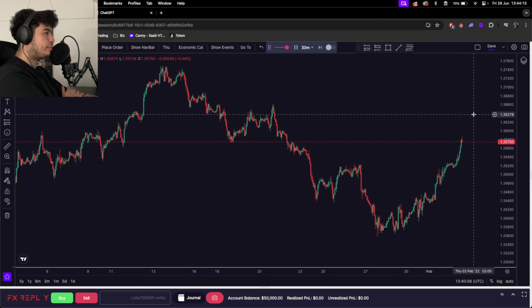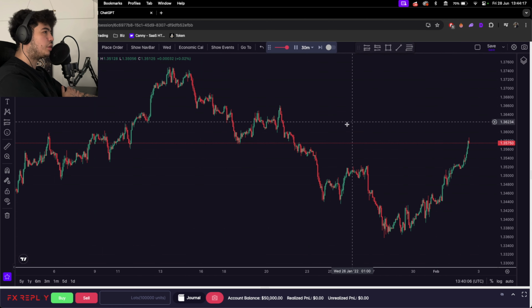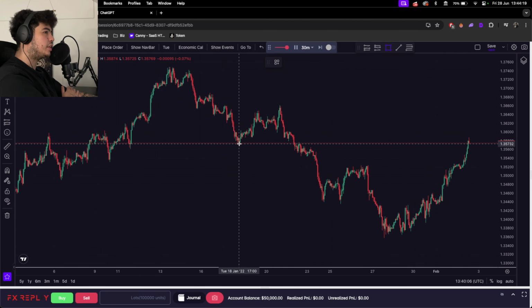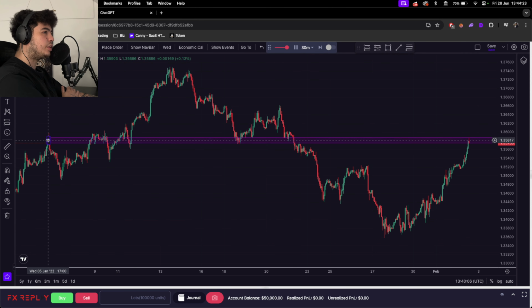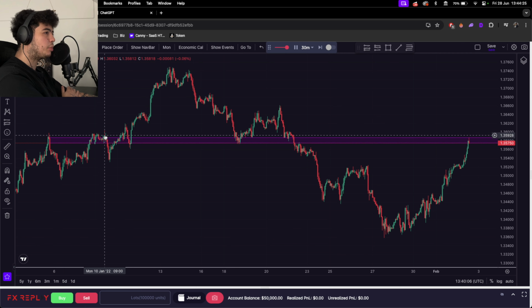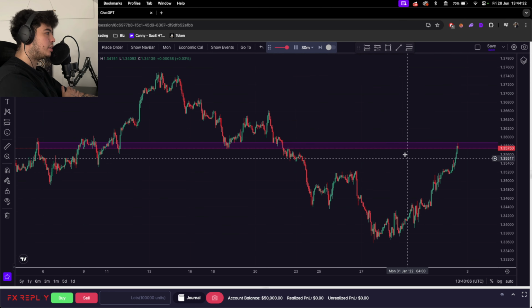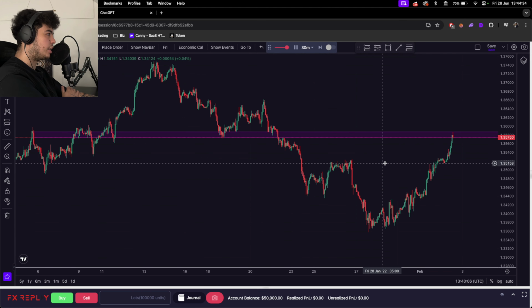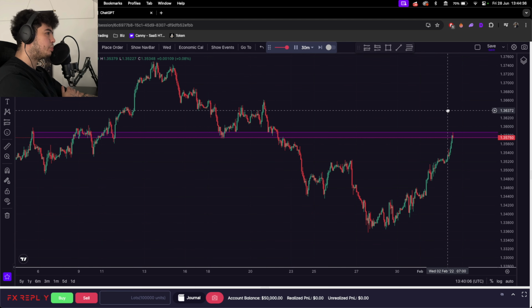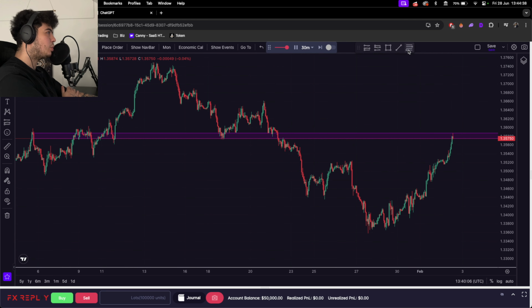So what I'm going to do is I will take a screenshot, and the reason I'm interested in this here is because we've got quite an interesting level through here. So you can see we've got resistance. It kind of broke through and it acted as support, and now we're back at this level. So from my point of view, this is looking quite bullish. We've broken through the highs, seen strong momentum to the upside. The problem is it's quite high.